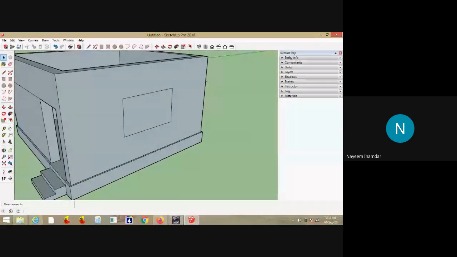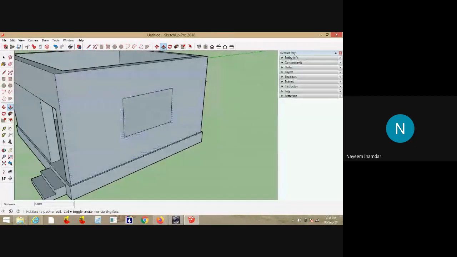Now how to subtract it? Now I extruded. Already the wall has been built. How to make an opening on the wall? Again we are using the same command, that is push pull command. That is the most widely used command in the SketchUp software. To extrude, the push pull command is useful. To subtract also, the push pull command is useful. So again I'll go to the push pull command.